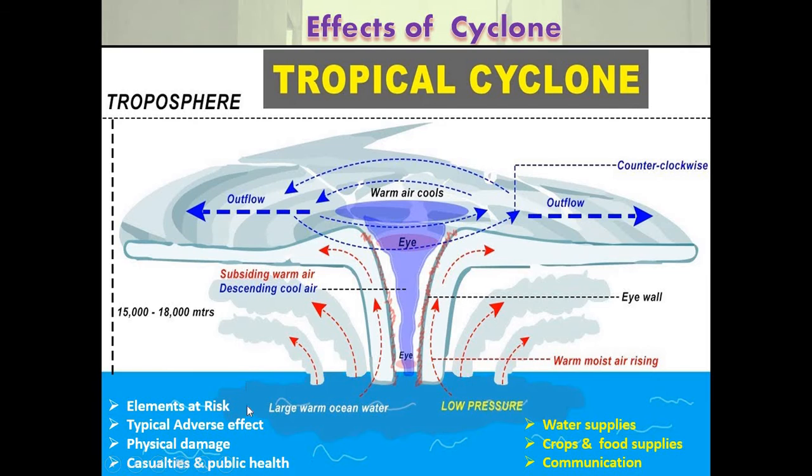In tropical cyclones, the first element is risk: strong winds, torrential rain, and flooding cause a huge loss of life and property. In 1999, the super cyclone of Orissa killed more than 10,000 precious lives, with women and children greatly affected. Apart from loss of life, there is a huge loss of infrastructure like houses built of mud, older buildings with weak walls, bridges,